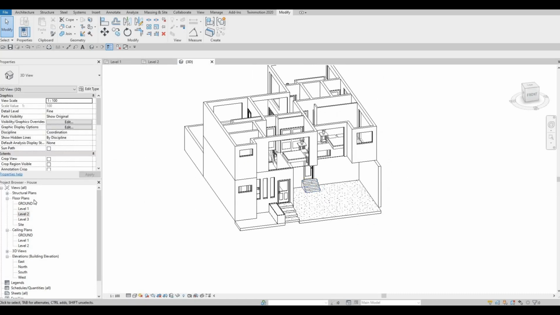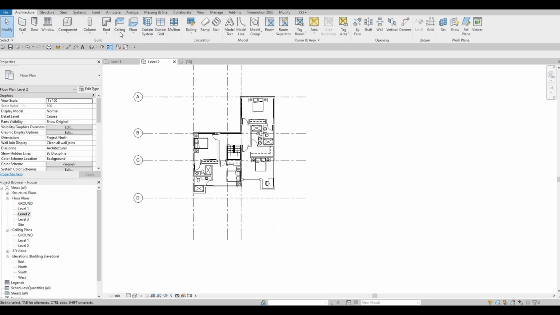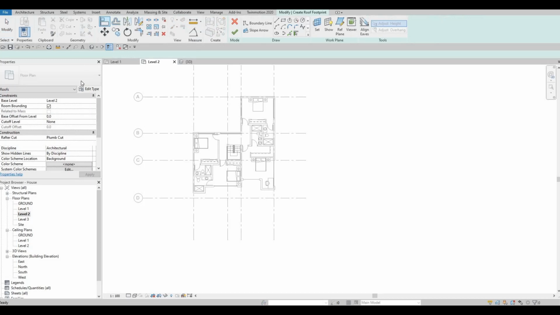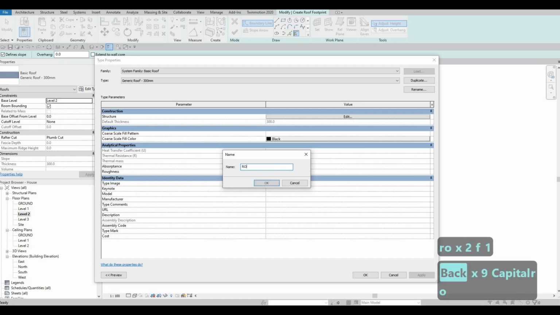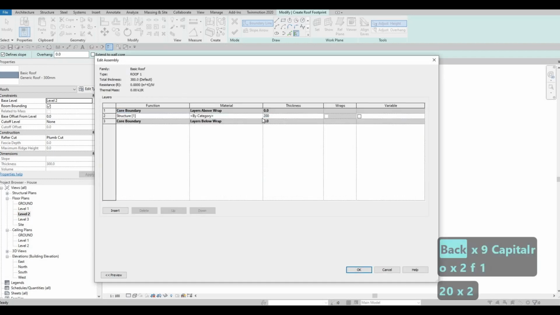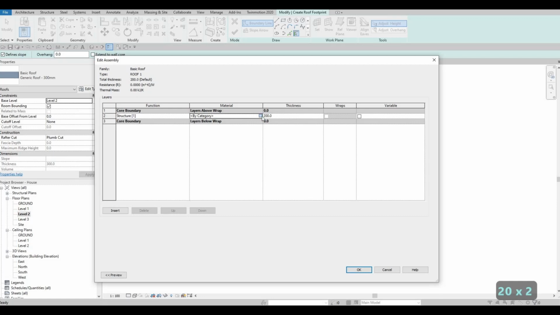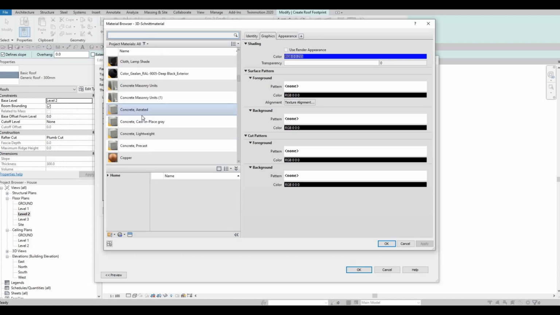So I'm happy with this, and then before we finish, let's go back to level 2. I want to add the roof. So what I'm gonna do is, we're in level 2, go to architecture, and then click on roof, and then edit type, duplicate. This will be roof number 1. Edit type, this will be 200, and then we could just add clad white for now,